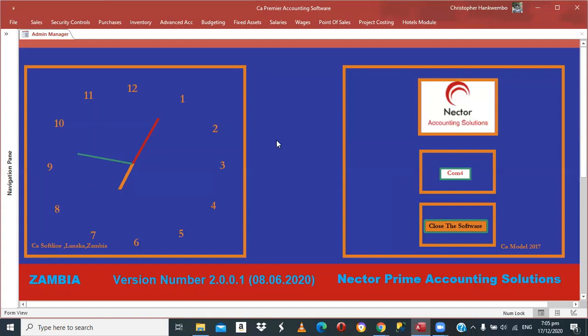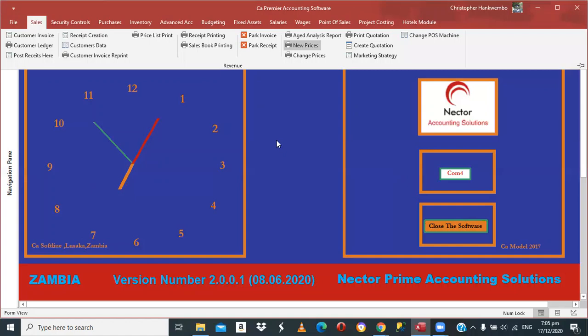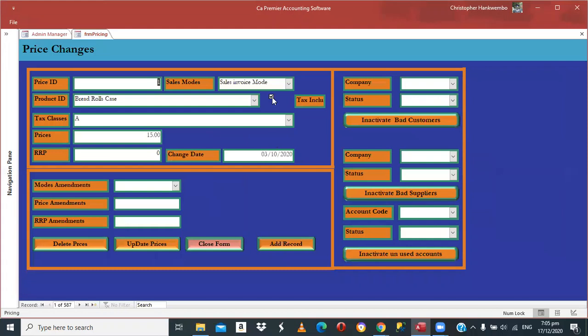As you can see here, there is a small tick here, which says tax inclusive. You should make sure that this tick is always applied. Then here you select your tax class, which is A. Here you put the price, which is VAT inclusive. RRP 0. The date of change, you put the date which you are changing the price, and you simply say